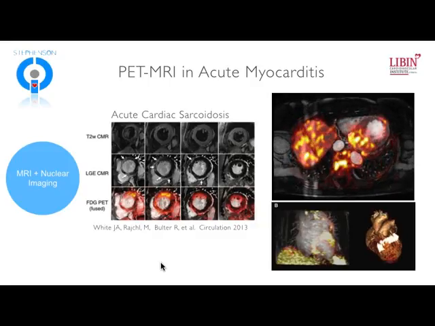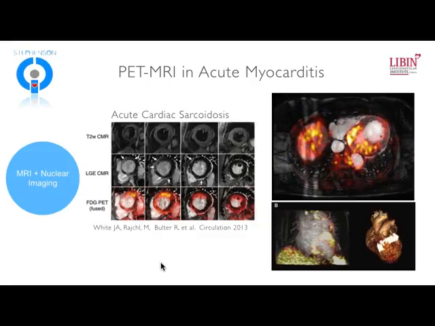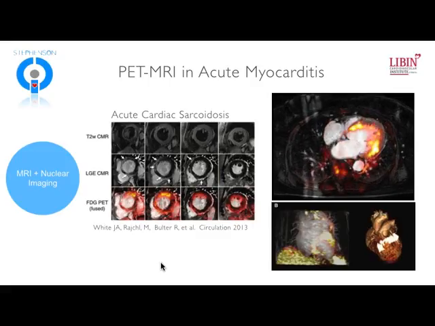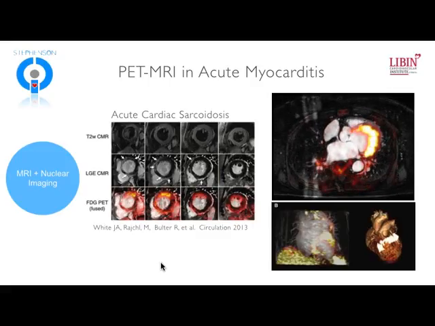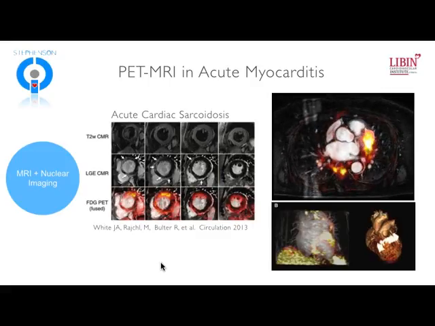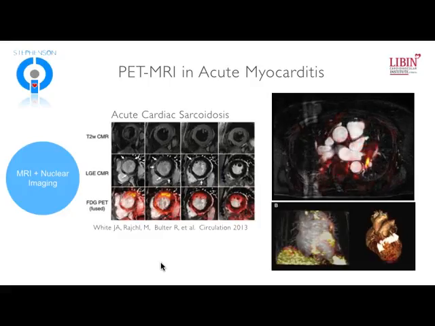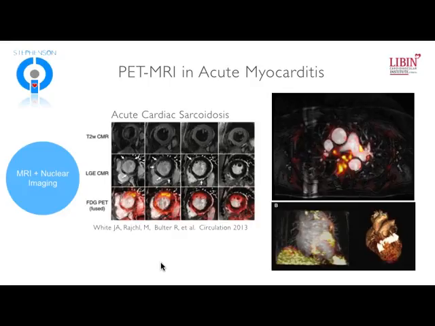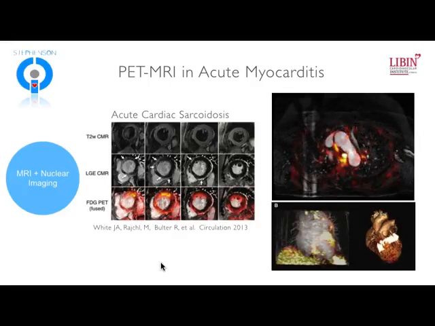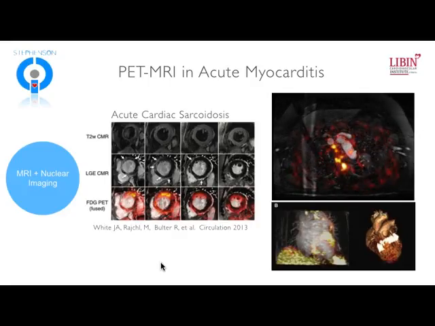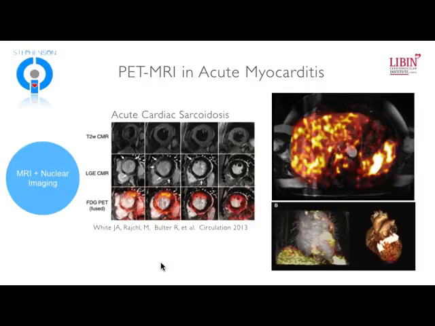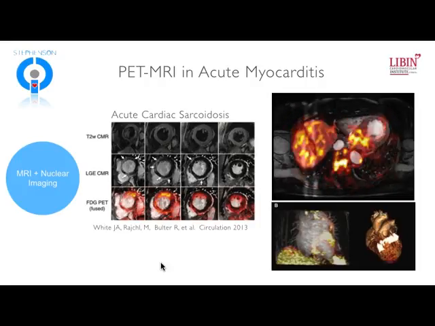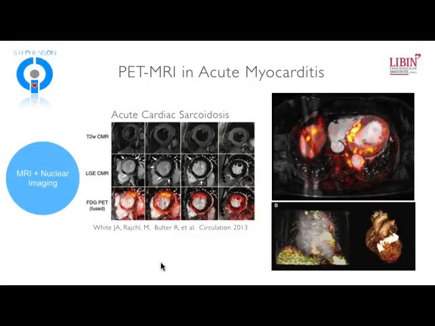If we put ourselves in a state of hibernation, essentially, we just don't eat for about 12 to 18 hours. So if we have a period of fasting, the myocardium will shift its metabolism from glucose into free fatty acids. And so it won't take up very much glucose at all. And so then what's left has to be a very highly metabolic tissue or cellular substrate to be able to take up FDG in that area, and that's what macrophages are. So macrophages are revved up and they love to gobble up some glucose.